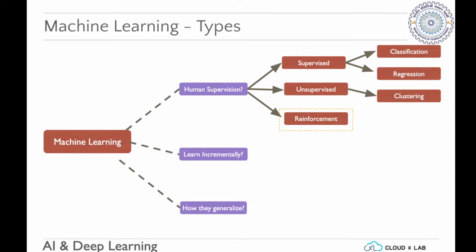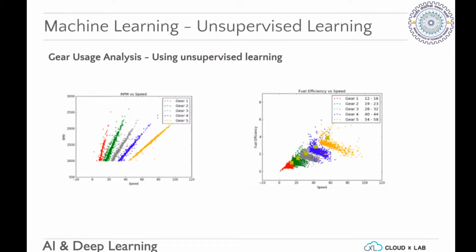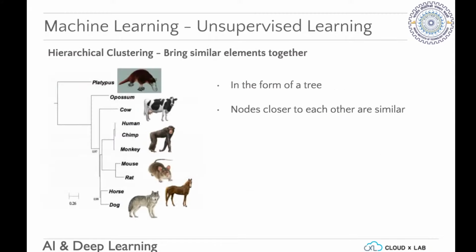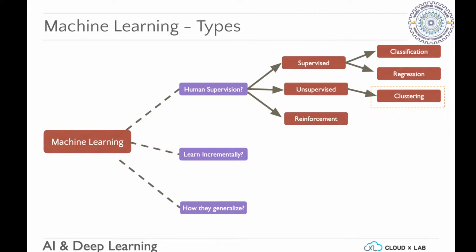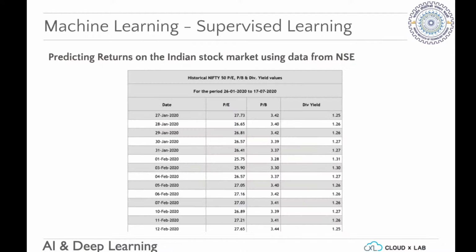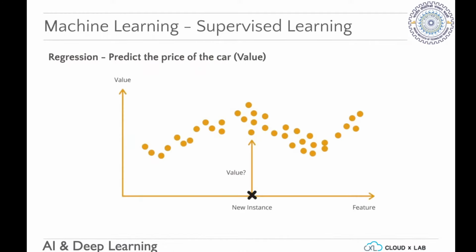After you have this information, a supervised algorithm can take this information and identify patterns and run classification. Regression is used specifically when you want to... Let me take this simple example. Let's say you want to figure out the price of a car based on just one parameter, mileage.